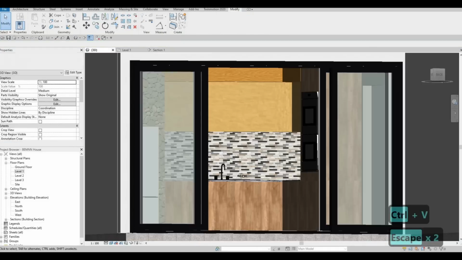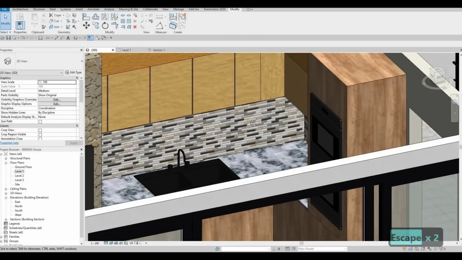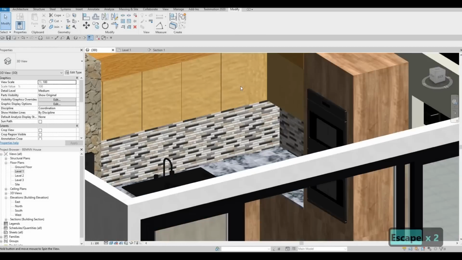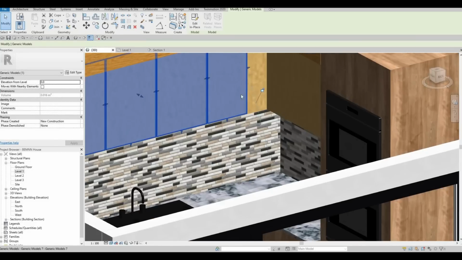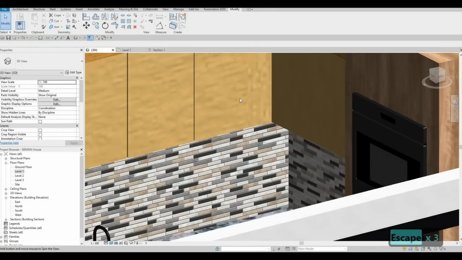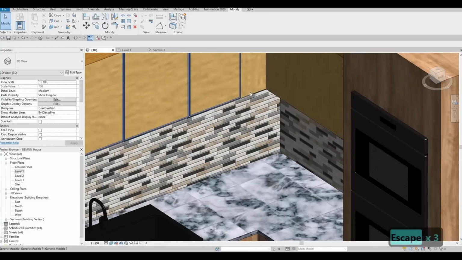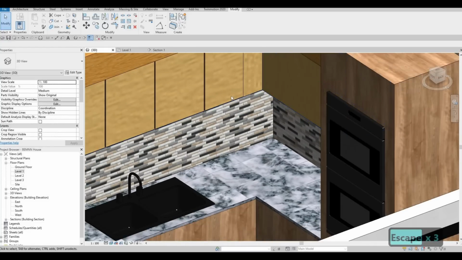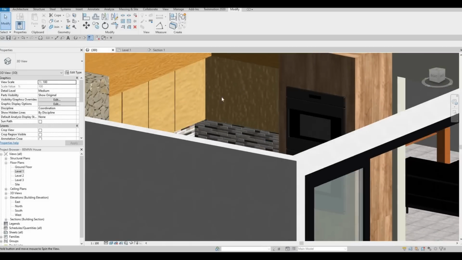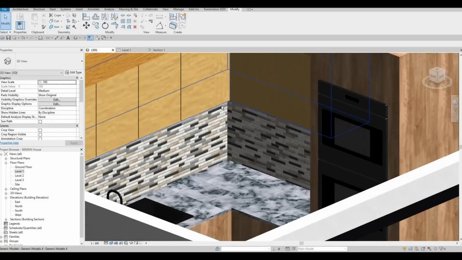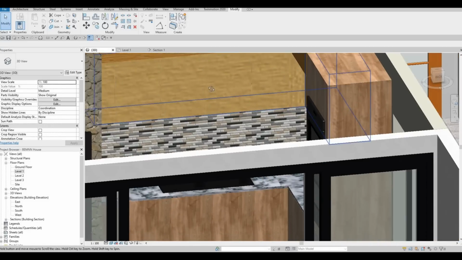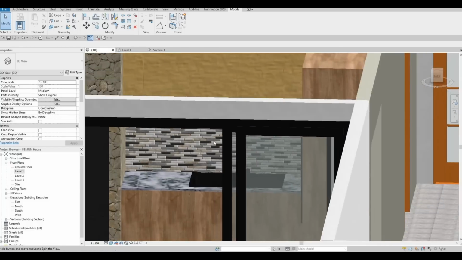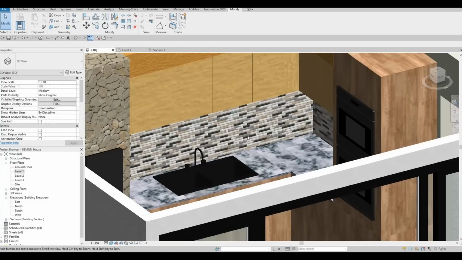Click finish. And then here I'm just going to manually add that right there. So we can even just do it like that, but for now let's deal with that. So all cabinet right there, and